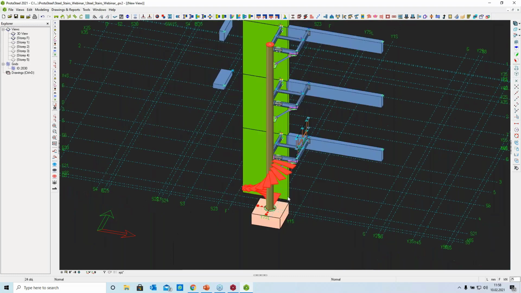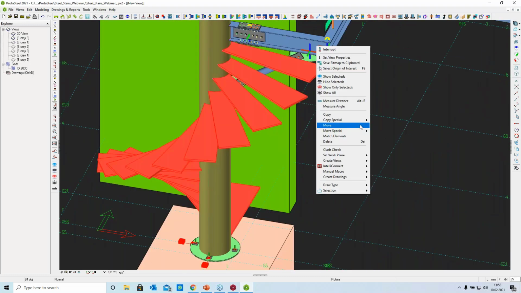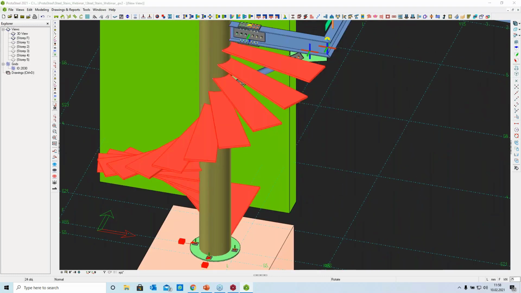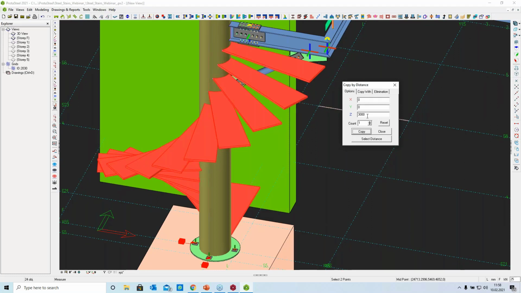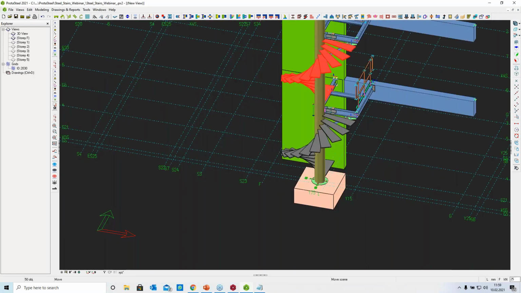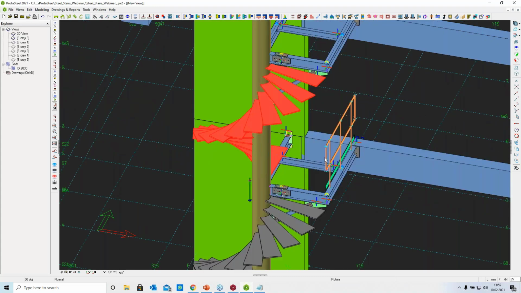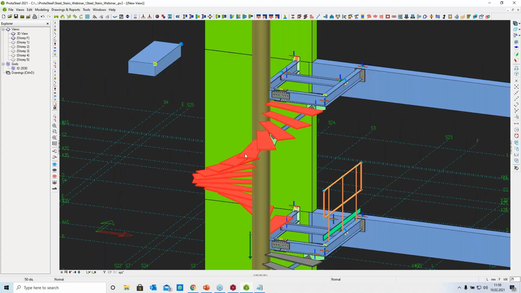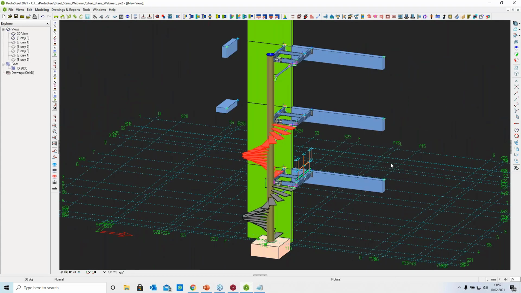Again, we can use the copy special command, but this time I will use the linear method. So we can add also plate thickness. So I'm gonna type in 3015 millimeters here. Let's copy. Okay, as you see, the stairs were copied and they're already selected. What we can do, we can also copy once more,